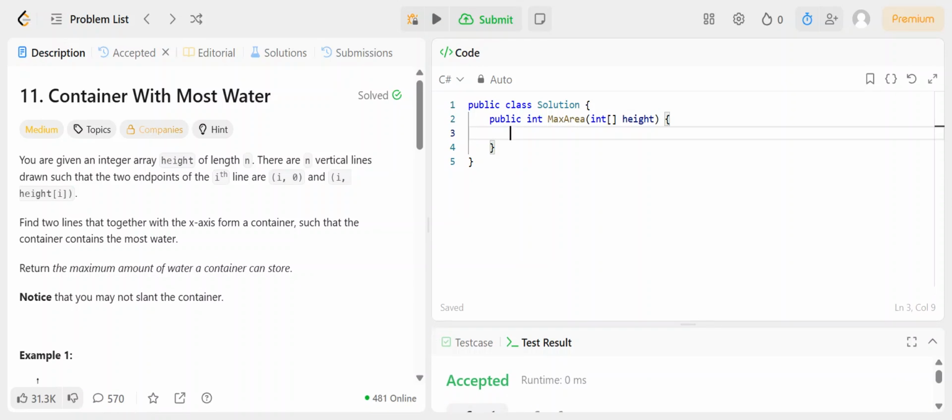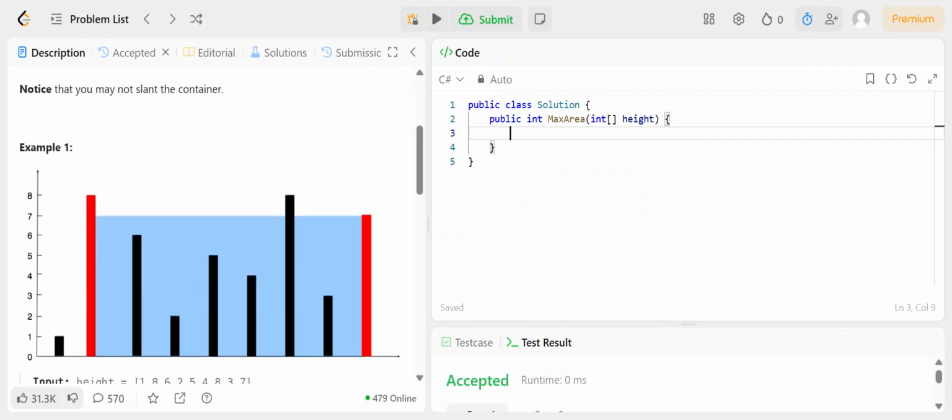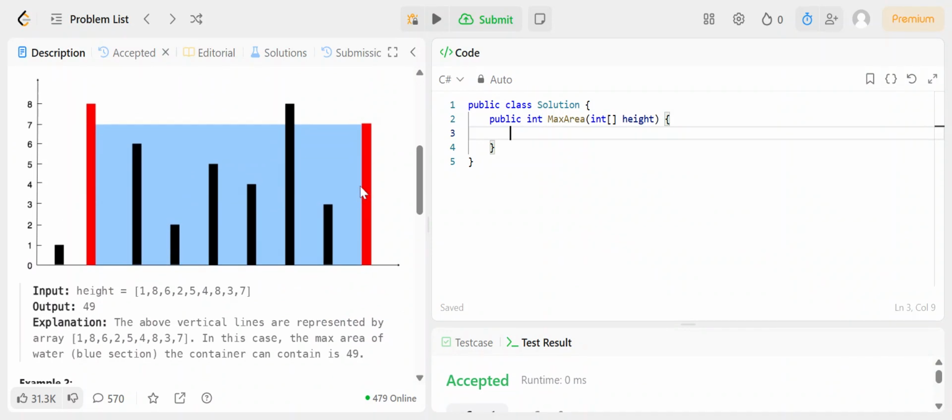Hi viewers, today we are going to solve the Container With Most Water problem. It is a very popular LeetCode problem and the difficulty level is mentioned as medium, but actually it is a very simple problem. You can consider the difficulty level as easy. So the problem is, we are going to have an array of different heights, and we need to find out what is the maximum area of water that